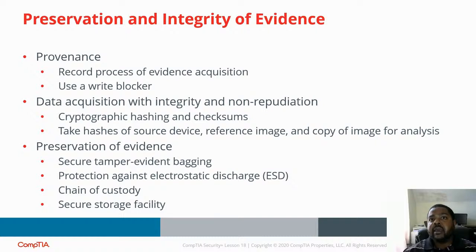We will let the court handle that. But in order to make our case, we will use that write blocker and then create a copy of the hard drive, and make our case from the copy. Now, when it comes to also having some more preservation of the evidence, we want to make sure that, like I said, we have